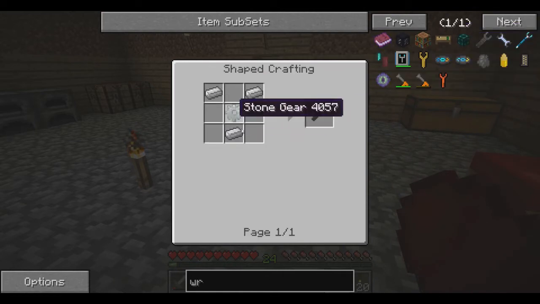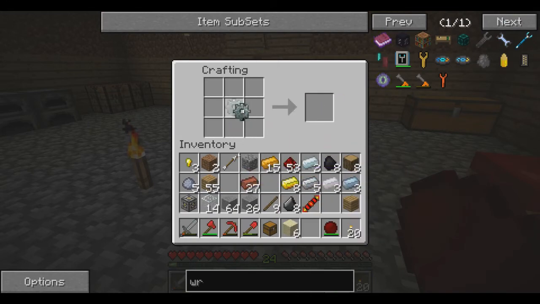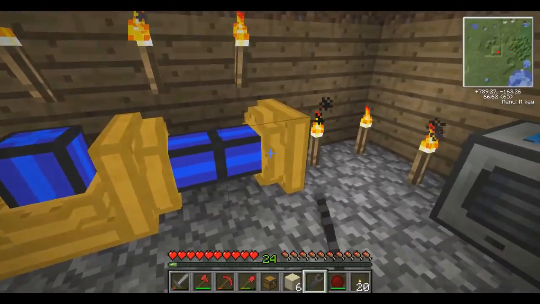Oh, piece of iron and a stone gear. Oh, we know how to make stone gears, so that should be pretty easy. And, luckily for us, we already have one. Voila, a wrench. And with the little right-click smack of this, we can change where they're